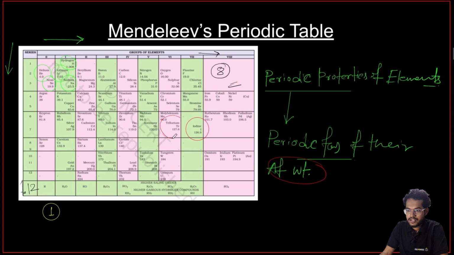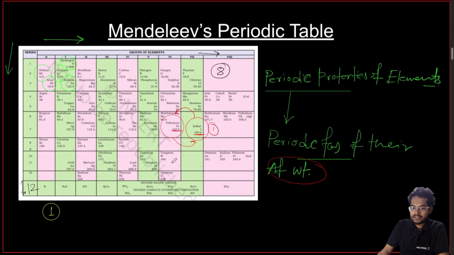If you can see iodine and tellurium, the mass of iodine is 126.9 and tellurium is 127.6, so tellurium should come later and iodine should be prior to it. This is the first demerit. The second one, in the demerit, there is